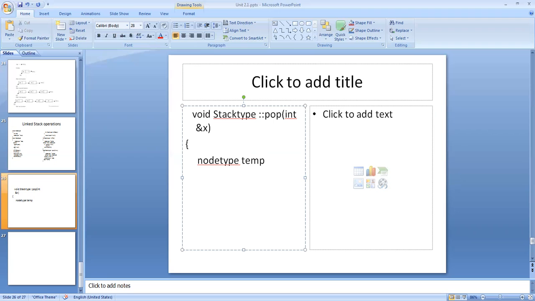Node type temp. Then I set temp is equal to top. Then I improve my top from current node to the next node. Top equal to top reference next.